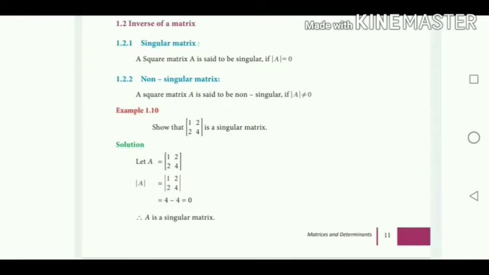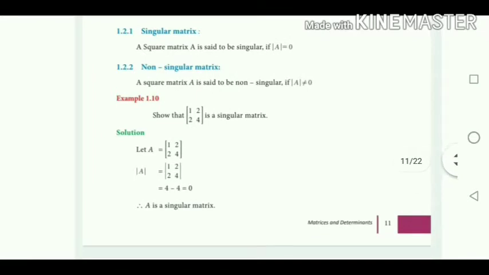Okay, so if you find the inverse of matrix, the first rule is the matrix should be a non-singular matrix. If it is a singular matrix, then it is impossible to find inverse. That is, there is no inverse exists for that matrix. So if the question is asked like this, find inverse of matrix, in such case first you have to find whether it is a singular matrix or non-singular matrix. If it is a non-singular matrix, in such a case it has inverse. If it is a singular matrix, you write the line inverse of A does not exist.